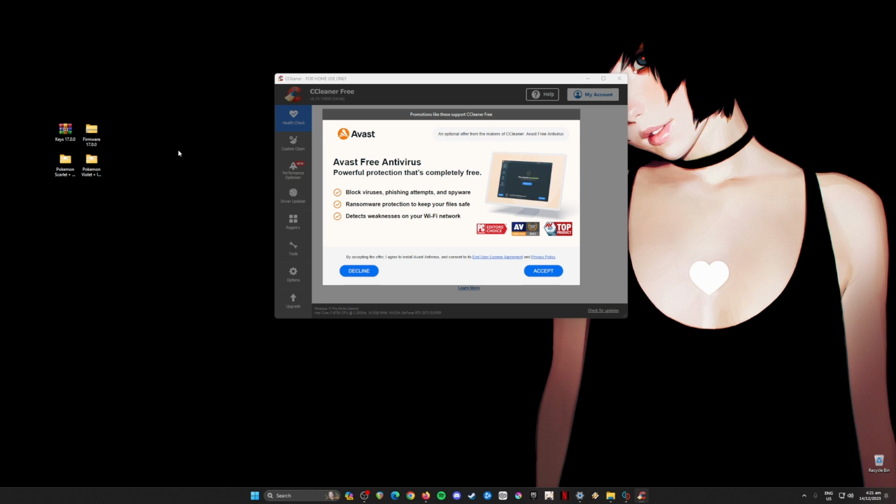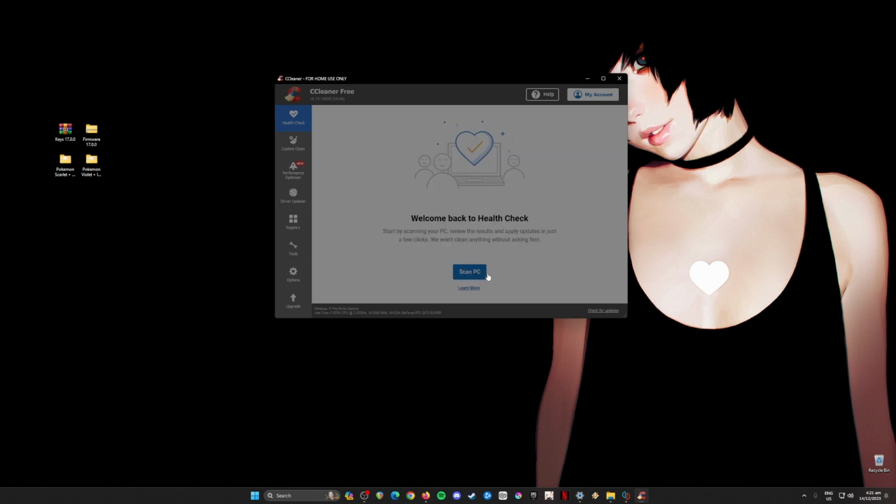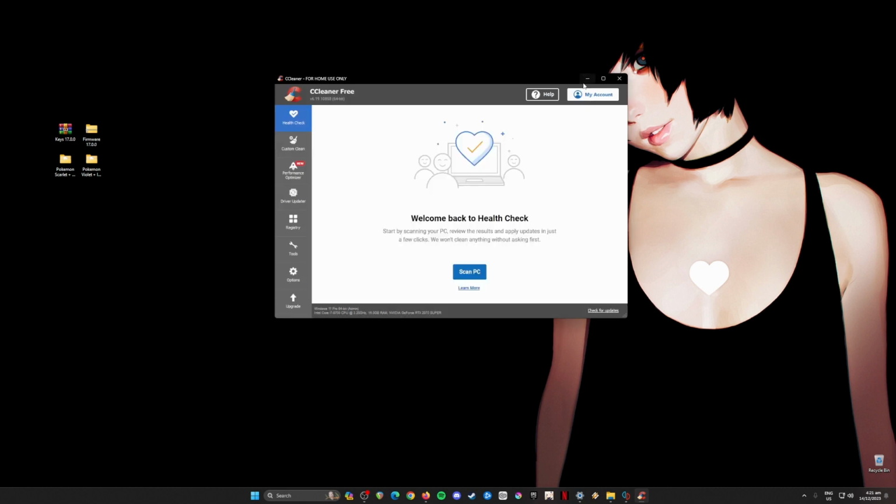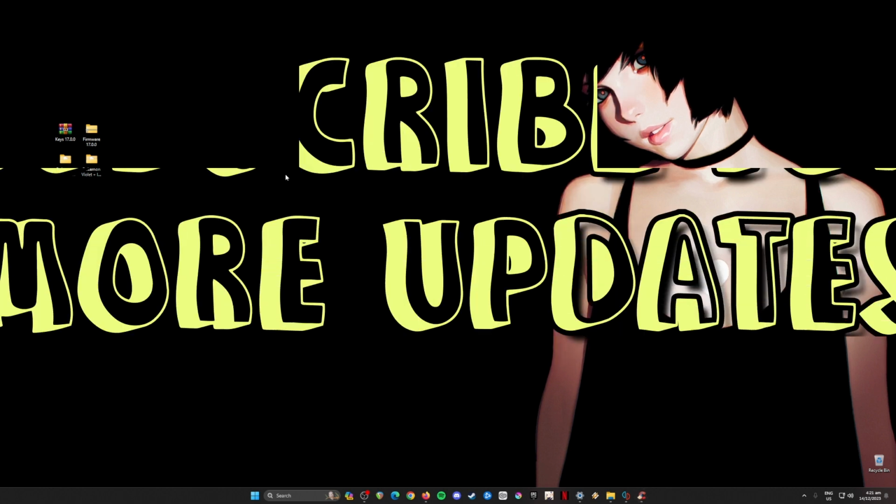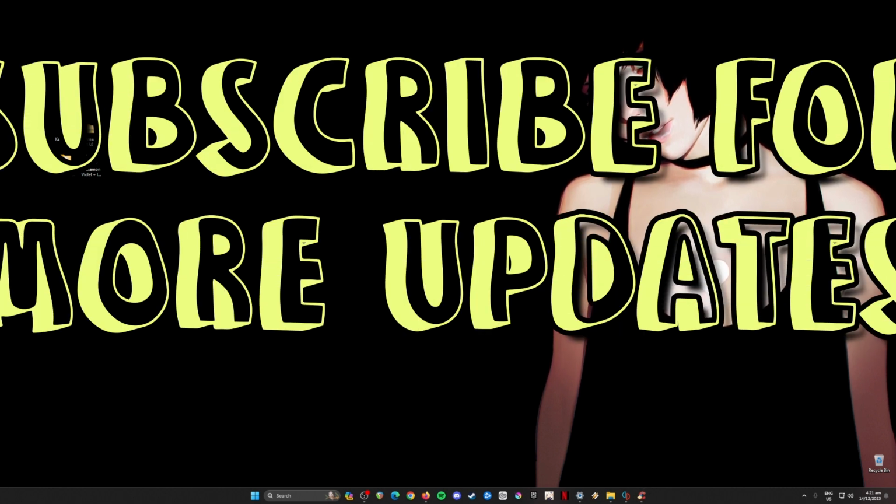So I'm just going to skip on this part here because this advertisement from CC Cleaner is bugging me out. So I'm just going to minimize this now. And as long as you follow all the steps, then you'll be able to gain access to all those files here, and be able to play this game on your Yuzu emulator for your PC. So as long as you follow the steps,